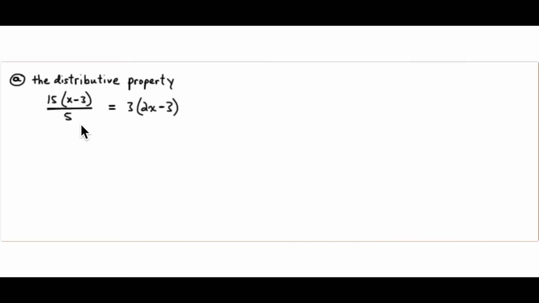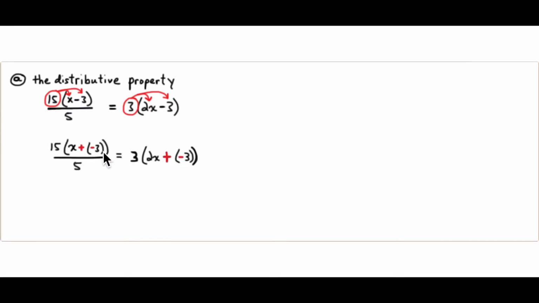And so I'm going to distribute the 15 to x, and I'm going to change this to adding a negative 3, and I'm going to change this to adding a negative 3. It helps me keep track of the signs of the numbers. I don't get mixed up that way. So here's the 15 being distributed. I'll say more about that in a moment, but first,